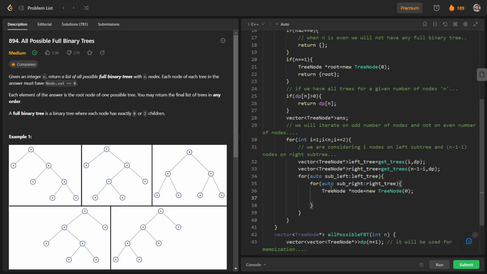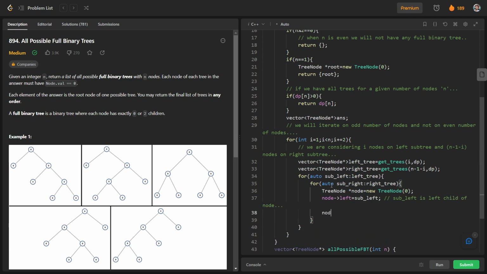So node arrow left will be nothing but subLeft. So basically what I am doing, subLeft is the left child of node, and similarly node arrow right is nothing but subRight. So what does it mean? SubRight is the right child of node.